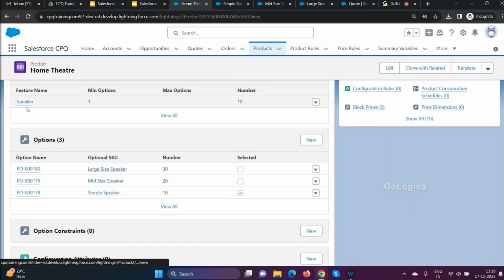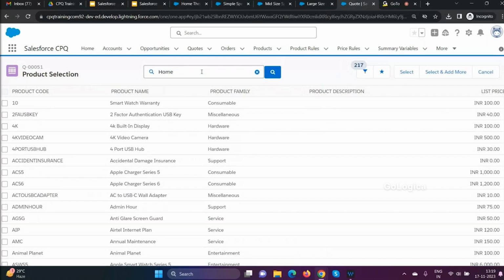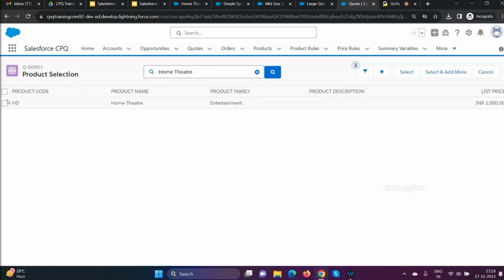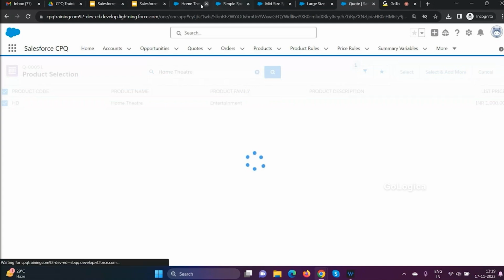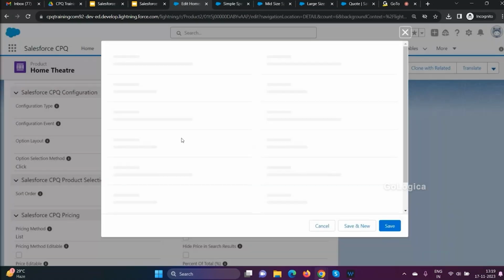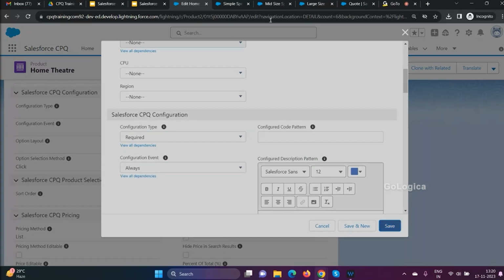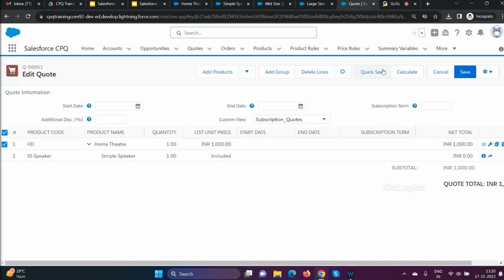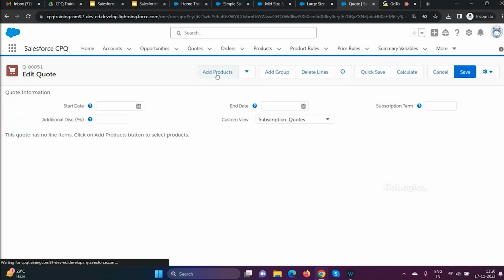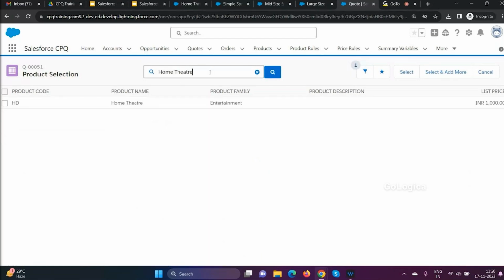Now I have created a feature for that. Now when I go onto my code and add the product, that is home theater, I think it will not show. We need to give that one. It should be required and everything. If we don't give that one, it will directly land up over here. But I want to configure that. So if I select this,